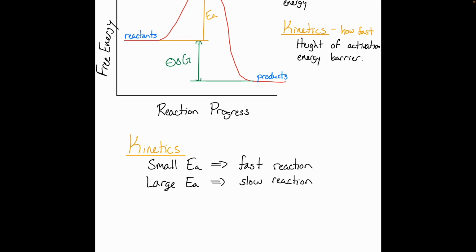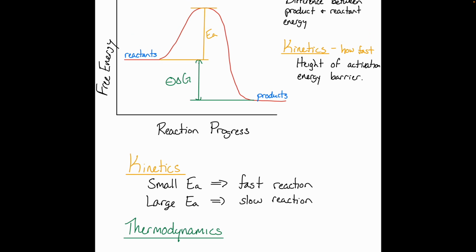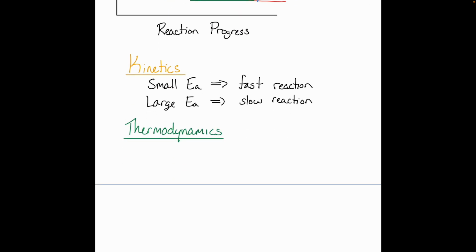All right, with regard to thermodynamics, that delta G value. So first of all, what's good? Positive delta G or negative delta G? Negative delta G, right? Okay, cool. So then what would correspond to a more thermodynamically favorable reaction? One with a teeny negative delta G or one with a large delta G? Right? So the bigger that gap in energy between your reactants and products, the more that equilibrium favors the product side. All right, so for thermodynamics,